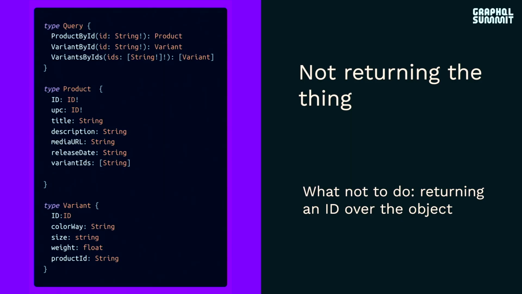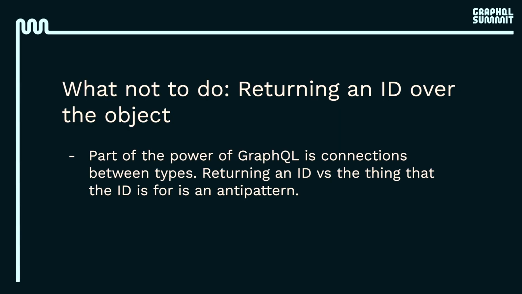This is a fun one for me. One of the things you can do, or not do, I guess, is don't return the thing. If you get an ID back, return that ID, do not link it to things. That's how you can make something very, very painful to work with. This is a pain point because in the RESTful world, we return a bunch of IDs, and then you have to go to another place to get that, and then another place to get that, waterfalling these calls together to get your full picture.